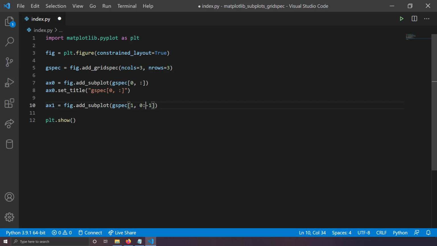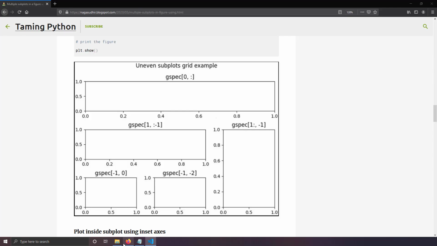If you are getting confused by this -1 notation, you can even write 0 to 2. It has 3 columns, right? That means you have to occupy 0 and 1, so you just write 2 here. That means you will occupy the columns with index 0 and 1. In this colon notation you have to actually add 1, and that's why I'm writing 2 here. So 0 comma 0 colon 2 means you will access the columns 0 and 1. That way you can create a subplot which spans 2 columns, of index 0 and 1.